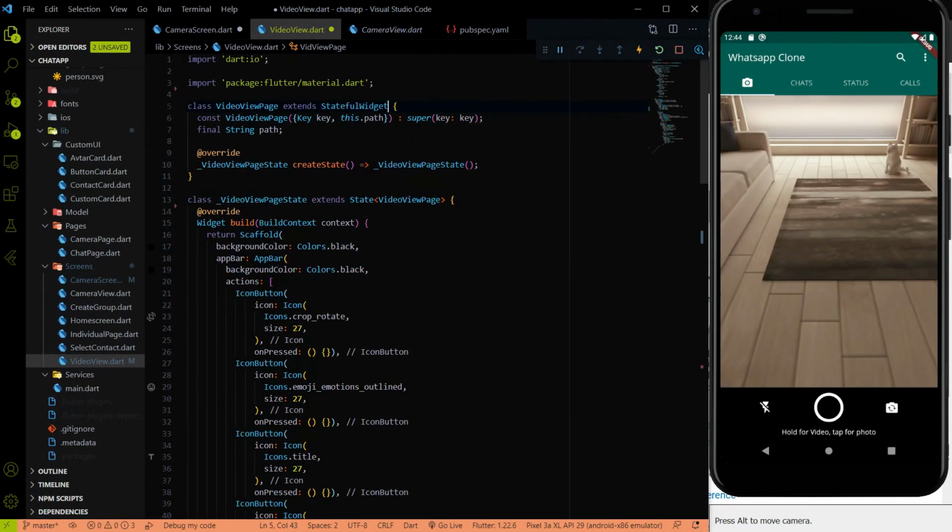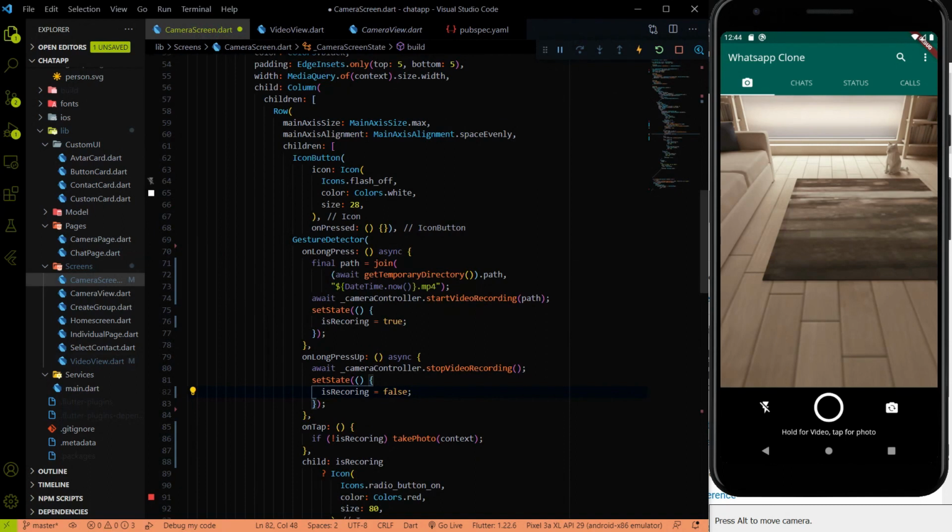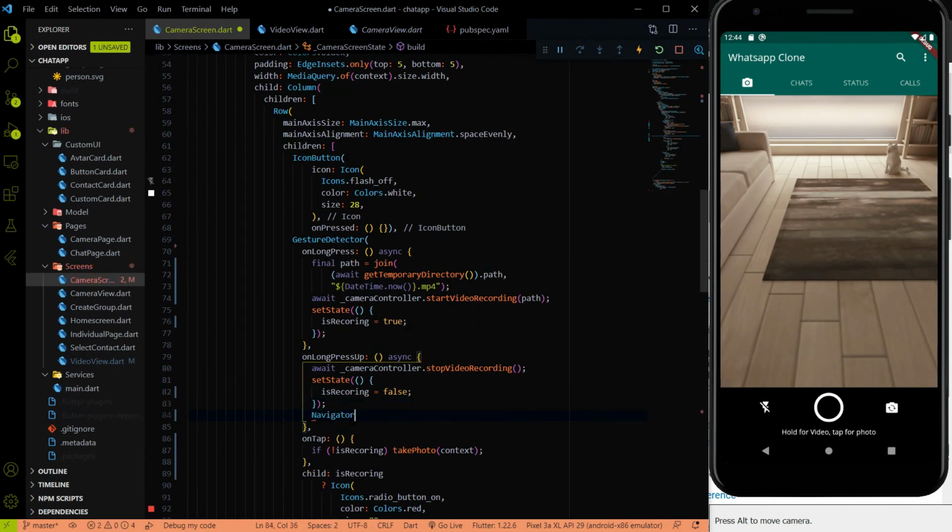So I converted this stateless widget to the stateful widget, and let's go to the camera screen again. After the on long press up, we have to navigate to another screen. So I'm going to use Navigator dot push.